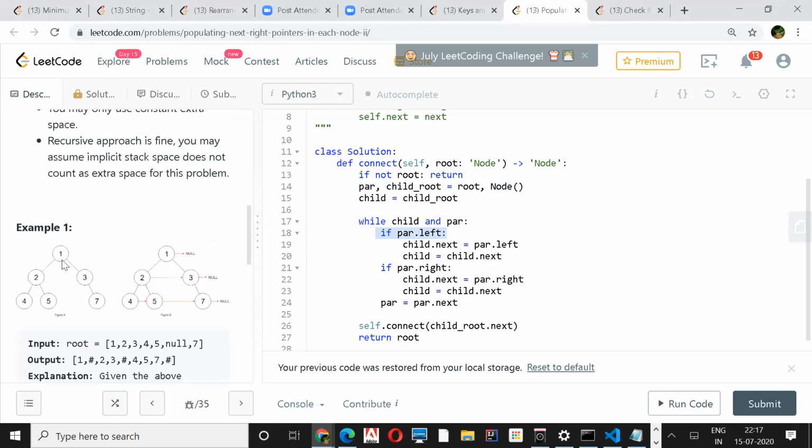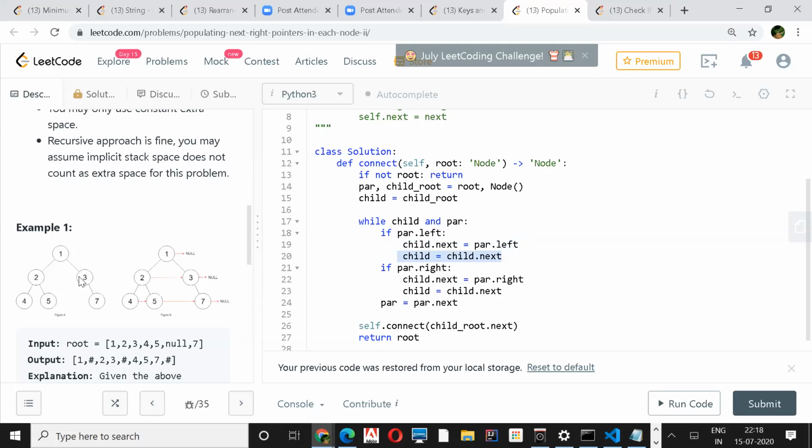Then child dot next I assign parent dot left, so you point the child to the left. And subsequently the child goes from top to down, child equal to child's next.